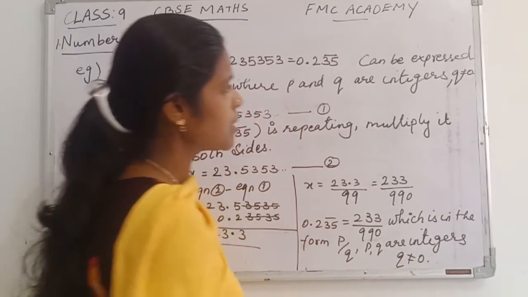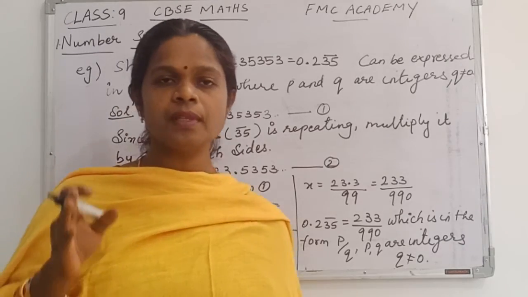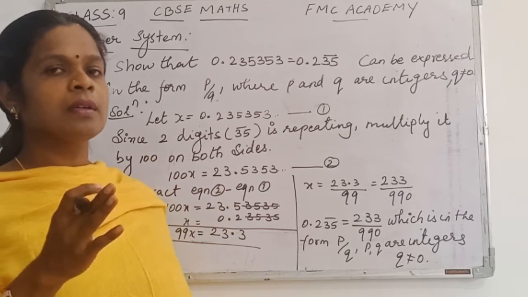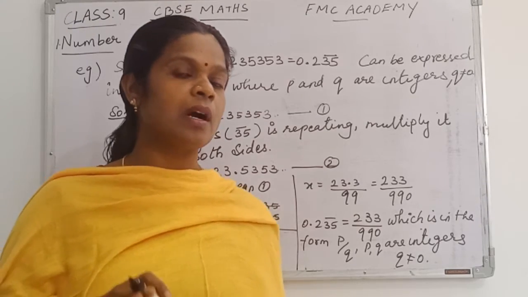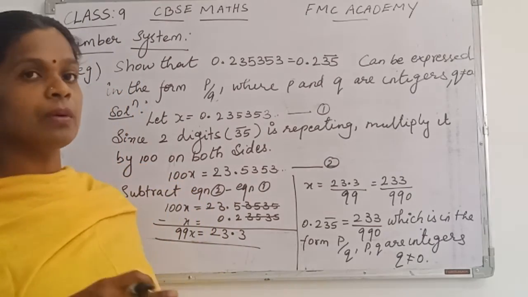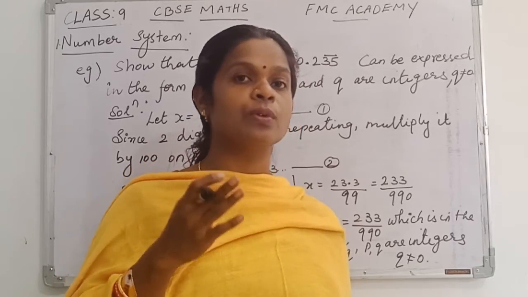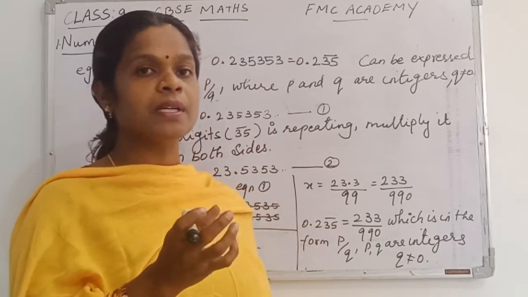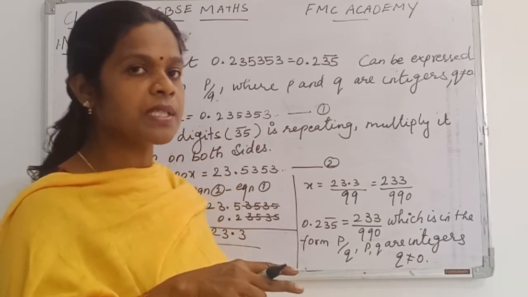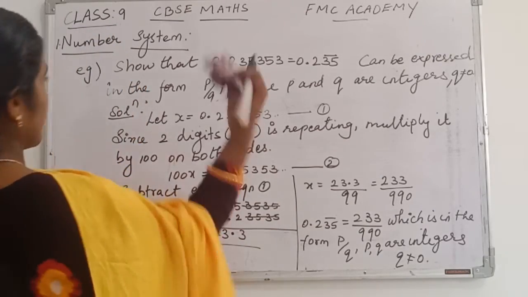That's it. So very simple sum. I think all of you would have understood how to convert the terminating decimal into P by Q form. Same way, non-terminating and repeating decimals, how to write them in the P by Q form, we have discussed. So the next example, actually these are all based on the rational numbers. In the next example we are going to see how to write down some of the numbers between two irrational numbers. When two irrational numbers are given, how to find the number between them, we are going to see.